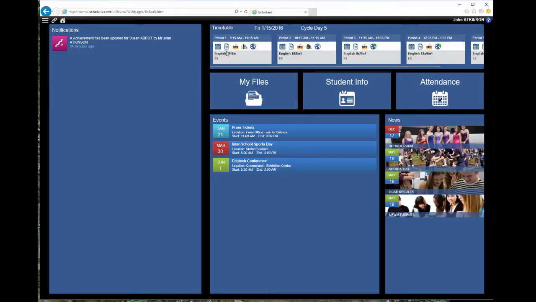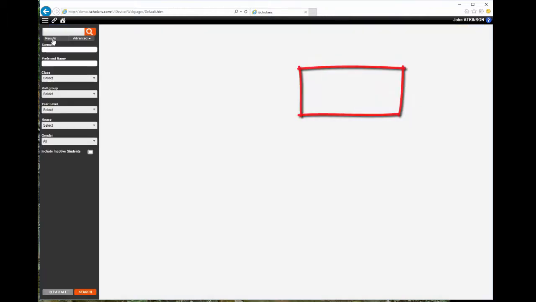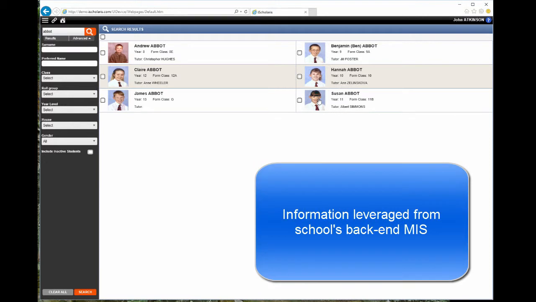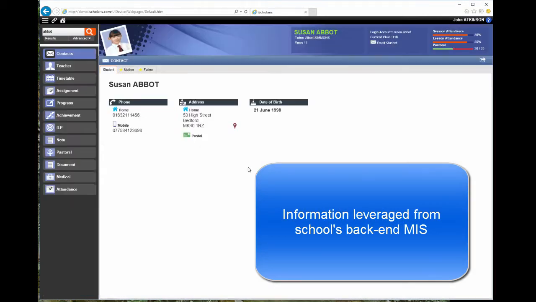The teacher has access to class lists, curriculum and assessment information, together with the possibility to integrate with Office 365. So let's imagine the teacher needs to find out something about a student or enter information about a student. The teacher can go straight to the Student Information Centre and after a quick search, select the relevant student and the Student Information Centre opens, displaying a range of tabs that will list all of the information that we know